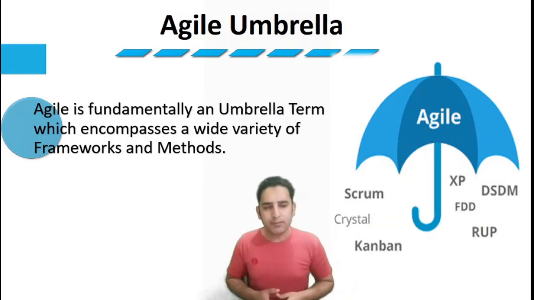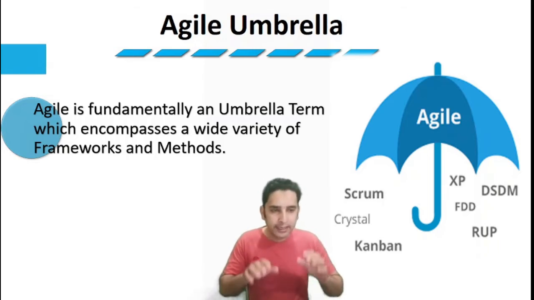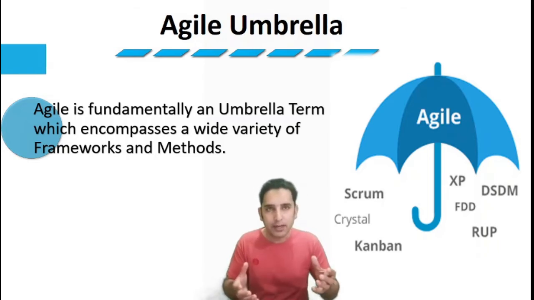And this is perhaps one of the best spots where we can visualize the core difference between Agile and one of the most widely popular frameworks, known as Scrum. So as you can see, Agile is actually an umbrella term. It doesn't represent any framework, but under that umbrella there are a lot of frameworks that do exist.